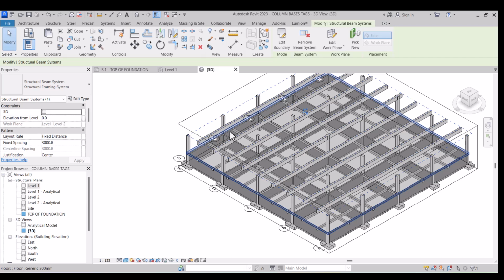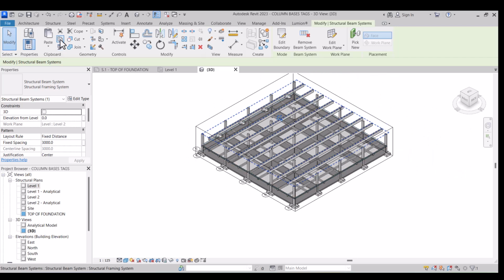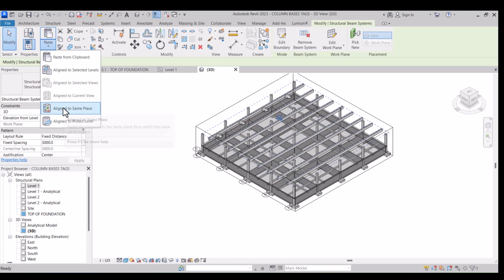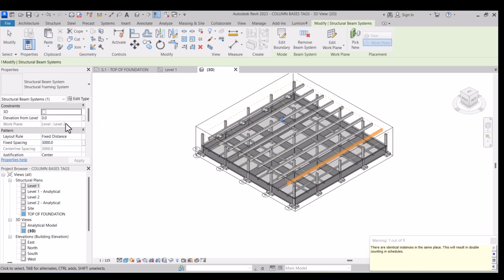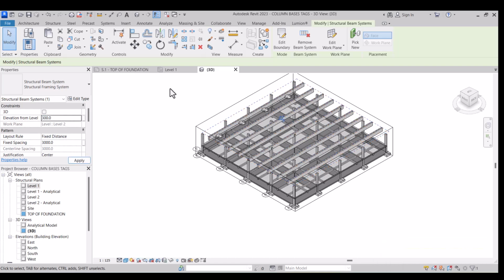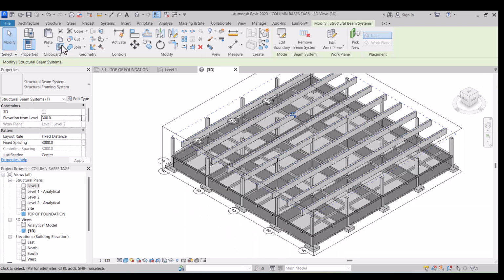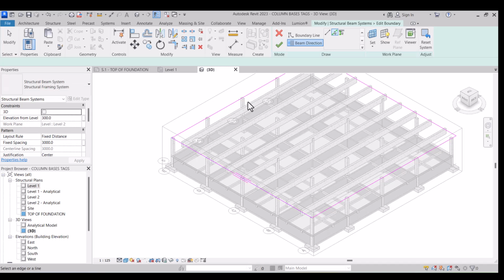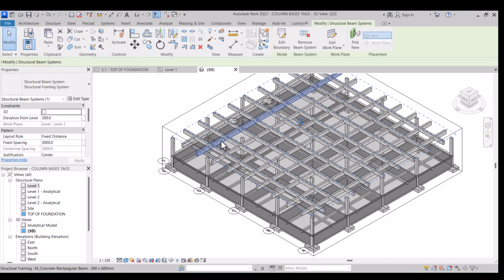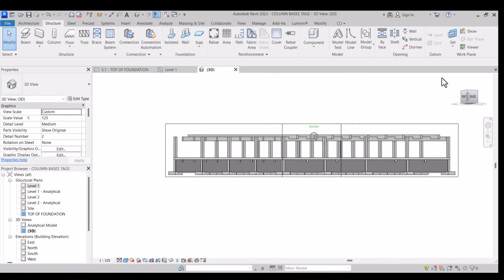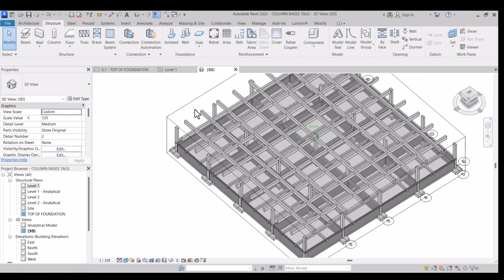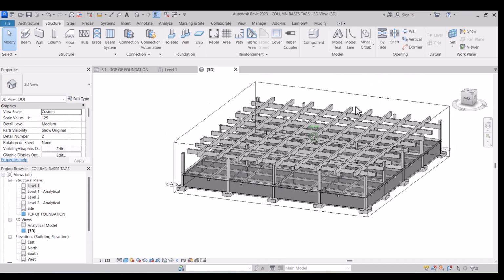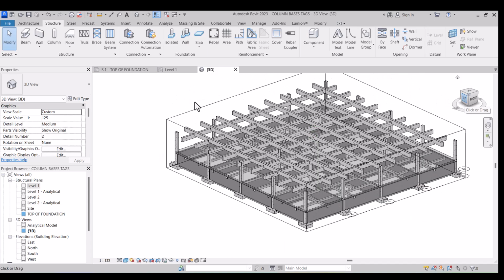For the second beam system, we come back to the copy area, align it, and also align at the same place. For this, we will increase the elevation to 300. Then come to edit boundary. In the edit boundary area, I just have to select this one, then beam direction, and select this one. This can be used for bridges and also can be used for